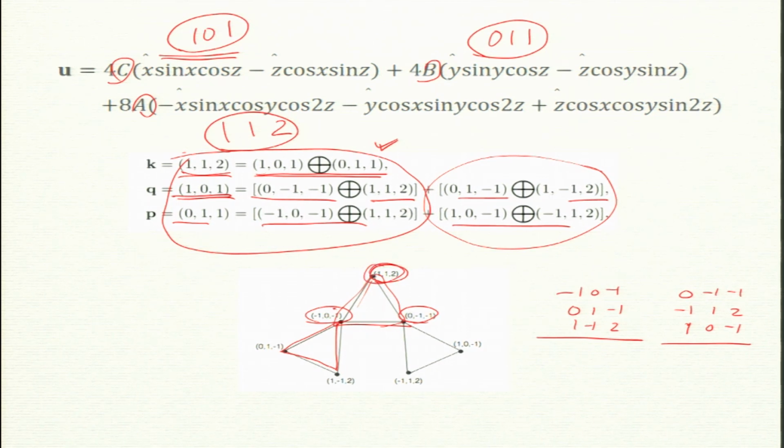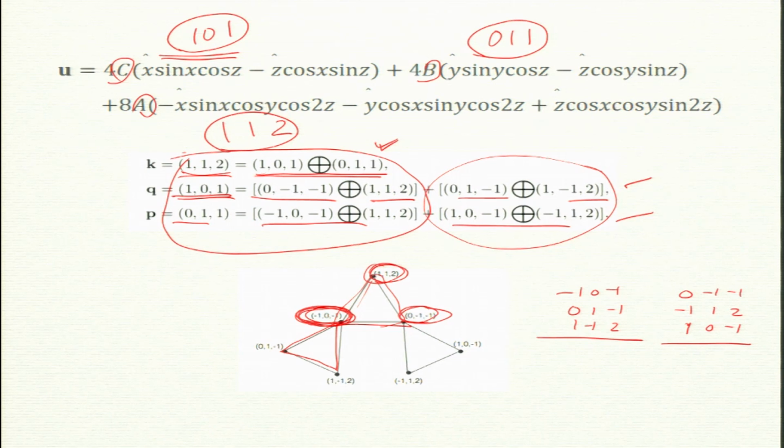By the way, this guy, minus 1 minus 1 0 minus 1, has only two triangles. Okay, there is a proof for it. I will not reproduce it here, but there is a proof that this mode has only 2 triangles associated with it. There are not 8 triangles, there are only 2 triangles. Similarly, here 2 triangles, and these are the triangles in fact. So we can write down the equation of motion given this.